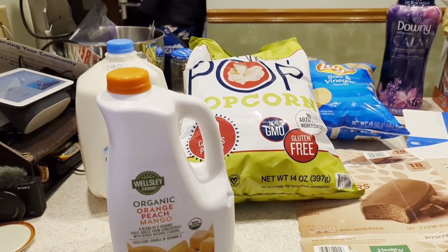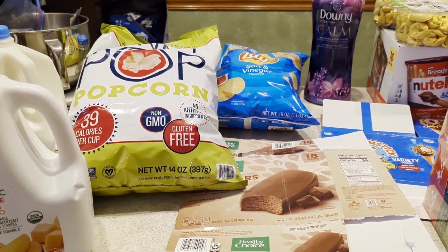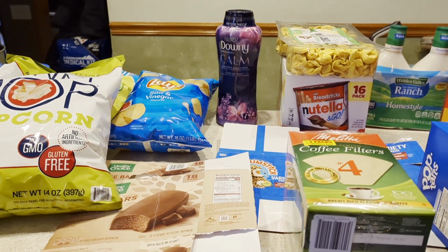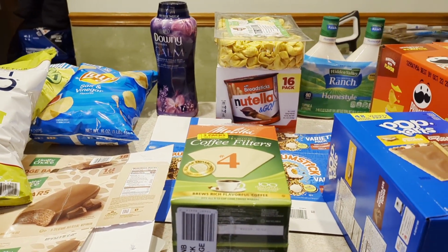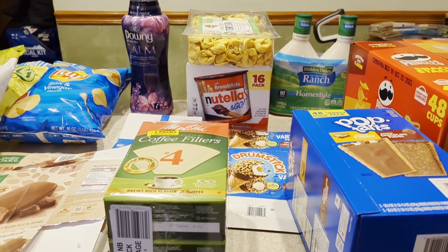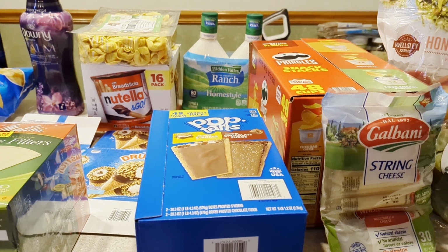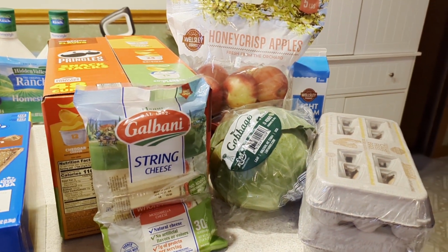Hey guys, today I just wanted to share a quick grocery haul that I did before we get into the refrigerator and the pantry organization. I just wanted to stock up on a few snacks, a few extra things that I was running low on. I really haven't been buying a lot of extra snacks for the kids or drinks just because of the prices. They've just been so high, and I've kind of been going without all of that extra stuff, but I decided